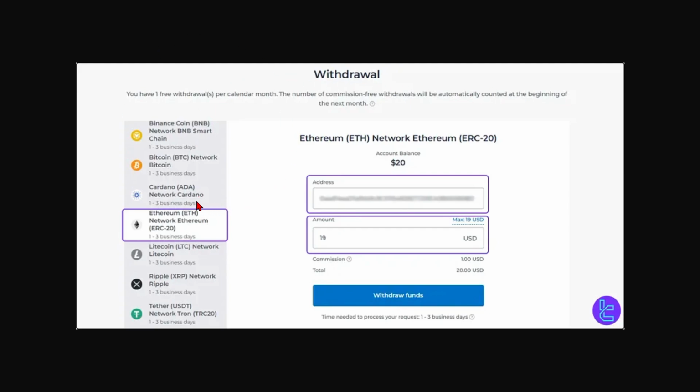So from here, we can go ahead and choose how we want to withdraw money, so we can use BNB, Bitcoin, Cardano, Ethereum, etc. And then just basically put in your address. So if you're using Ethereum, you want to put in your Ethereum address here and then put in the amount,